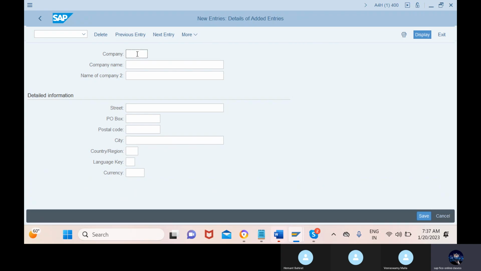So here please keep in mind, guys, for a company you can give a maximum of 6 alphanumeric characters. Now I want to establish a company called Phonics. I want to implement my SAP for the company called Phonics. So I'm giving the number as 123987 or 123MNB. Okay, and my company name is Phonics. Okay, and street I'm mentioning